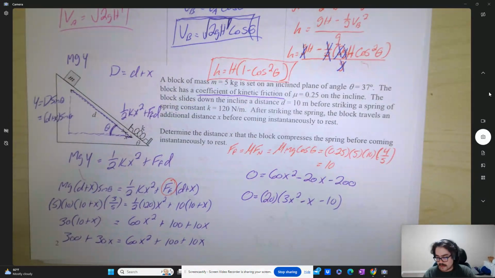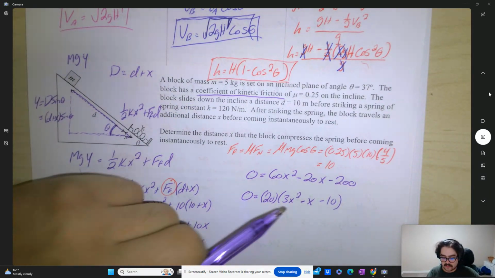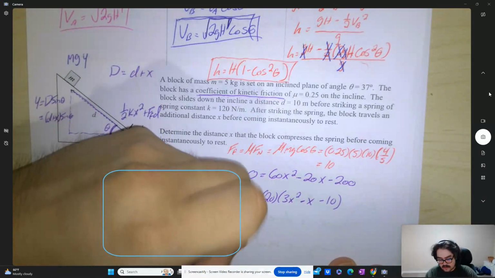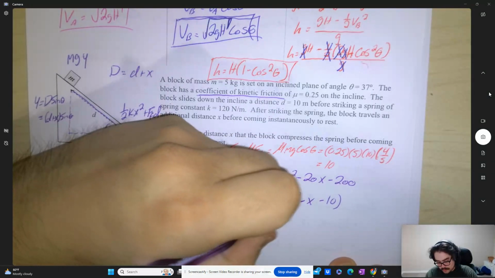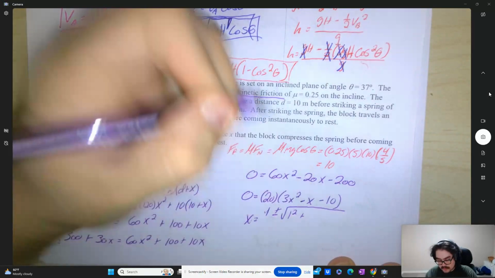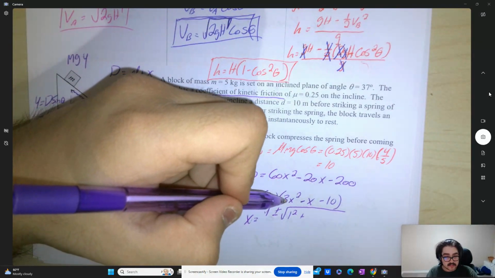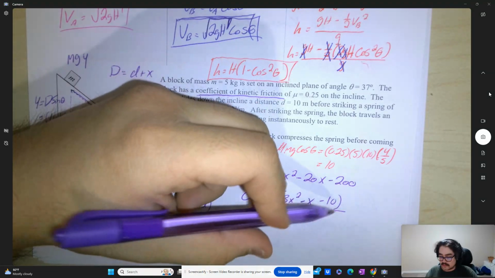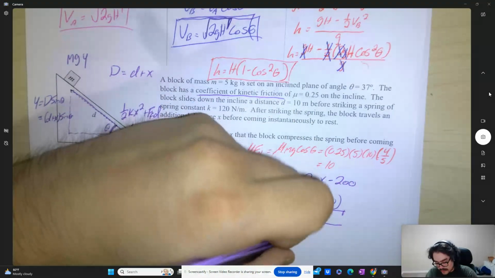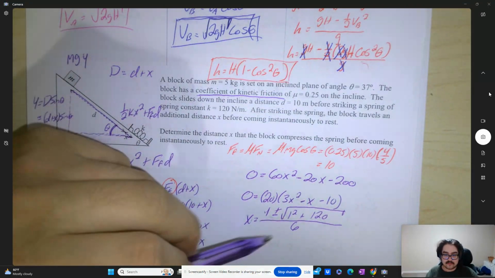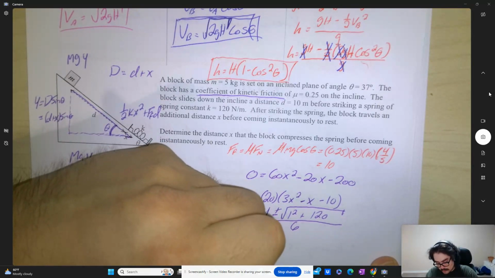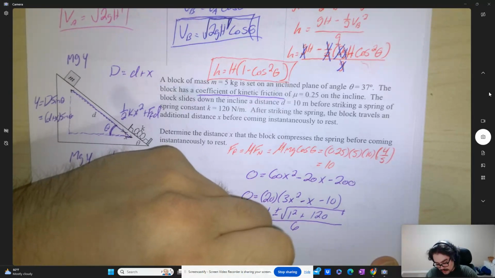And I don't think there's a way to do this super cleanly because you can't really figure out what adds to get this and multiplies to get that. So I would use the quadratic formula here to get x equals 1 plus or minus the root of 1 squared plus 4 times a, which is 3, times c, which is 10. That gives me 120. Okay. And then you divide the whole thing by 6, because that's 2 times a, which is 6, and that gives me x equal to 1 plus or minus 11 over 6,